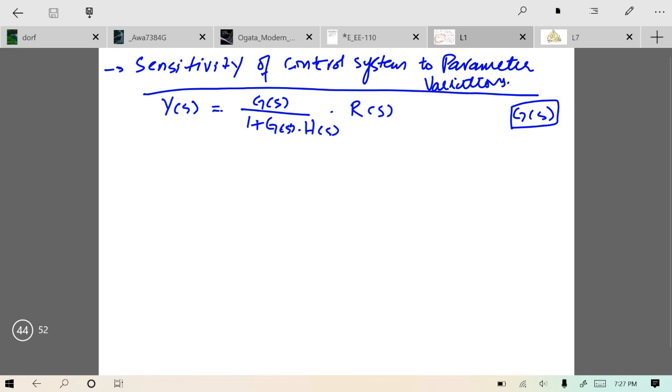This is a typical equation of a feedback loop that you people already know. If I make G of s very much greater than 1, then what will happen? Then let's write Y of s. Y of s would be G of s